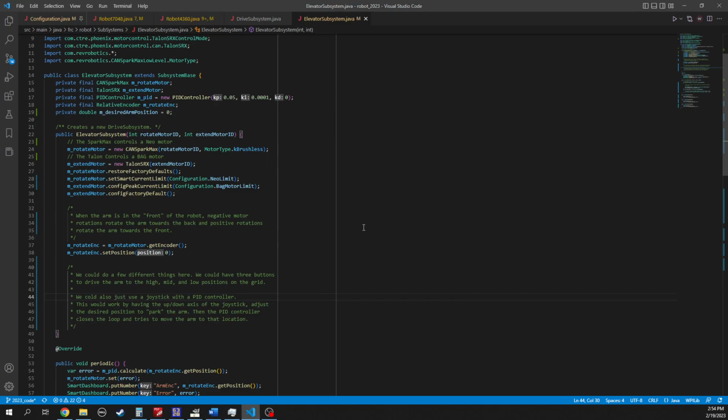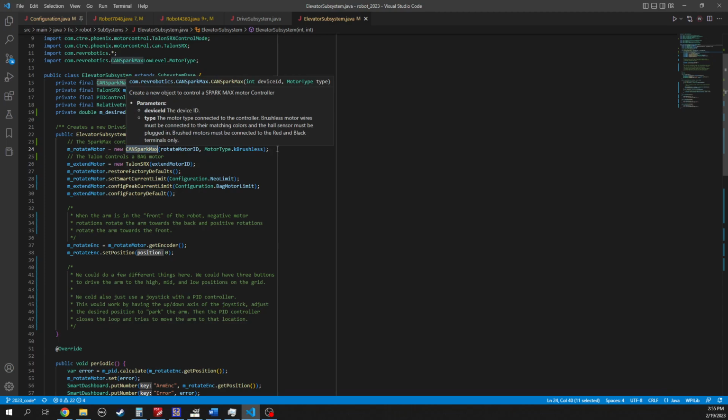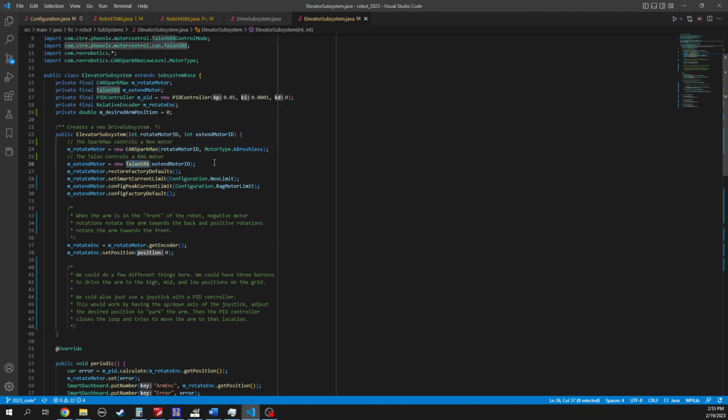It definitely needs some work. But what we do is we come in here and we're using a brushless motor for the arm and a brushed motor for the extension. And so we have to have a CAN Spark controller for the brushless motor and a Talon SRX for the DC motor. We then reset both to factory defaults,